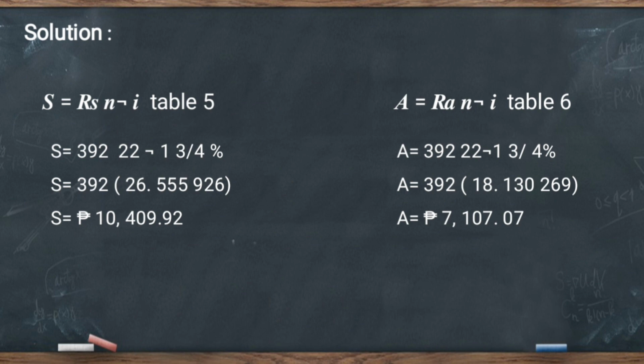Let us first solve for the sum of the amount of ordinary annuity. So we are going to use the formula S is equals to R S angle n and i using table 5 of table of compounds. Let us then substitute the values. For R, we have 392. For n, we have 22. And for i, we have 1 and 3/4%. We will now determine the value of our S angle n and i, which is 22 and 1 and 3/4% using table 5. Its equivalent value is